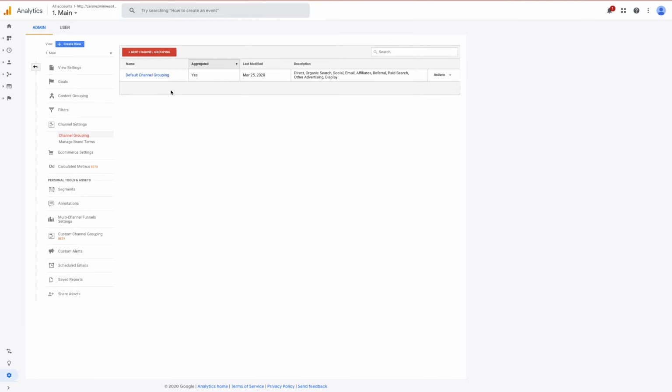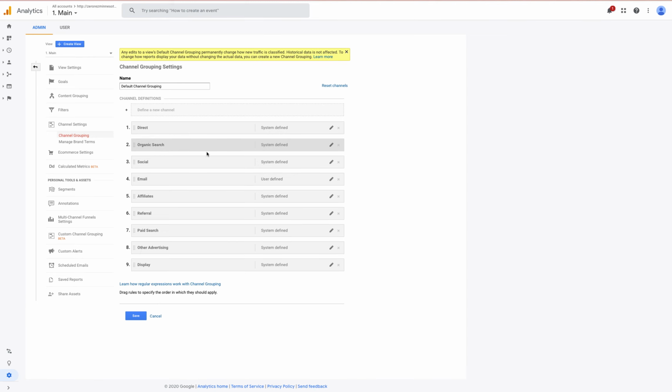One of the additional reasons why we're going to use default channel grouping instead of creating another one is that only the default channel grouping is passed through into Data Studio. So if we want to do any reporting in our dashboard, it would have to be from this, because any custom channel grouping doesn't get passed through. So basically, click the default channel grouping,